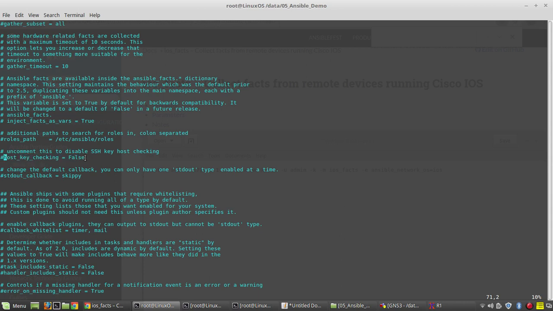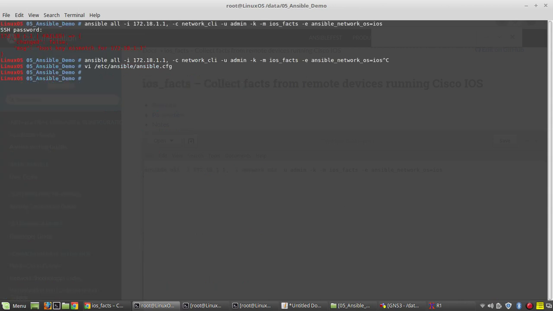We just need to disable host key checking, but in production it is better to add the host key manually so that we can verify the individual host. Now we'll try to run it again.